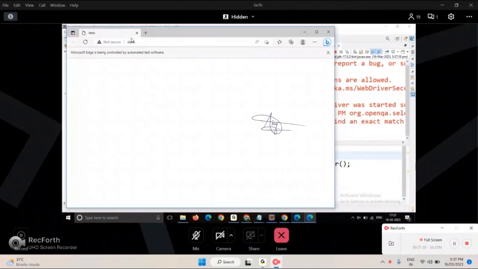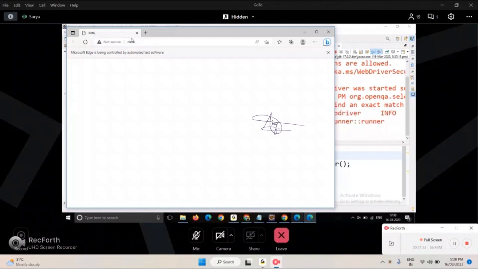Okay, so first it was opening the Edge browser. Now secondary it was open the